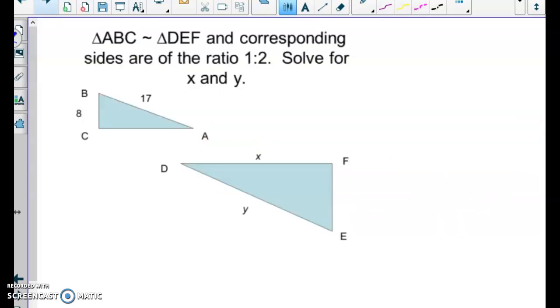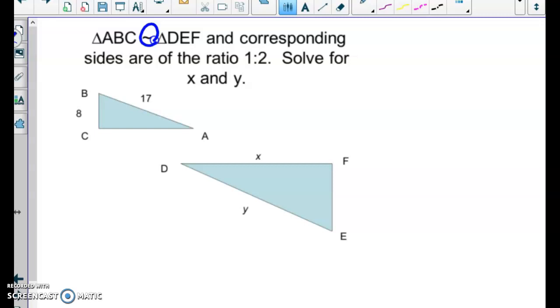In here, first thing that we need to notice is that the notation for similarity is just the squiggle line. We take the equal out of it from the congruence. So it's just triangle ABC is similar to triangle DEF, and the corresponding sides are in the ratio of 1 to 2. Solve for x and y. So again, if we go back to our solving for congruence, we know that